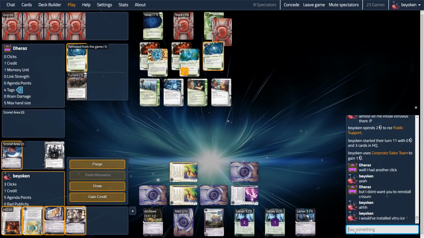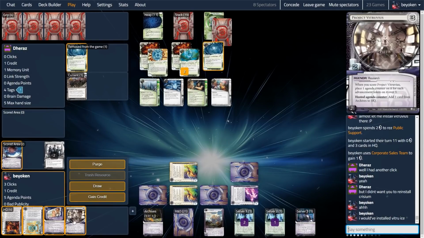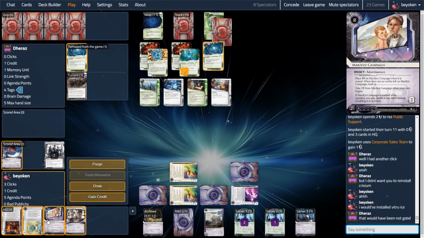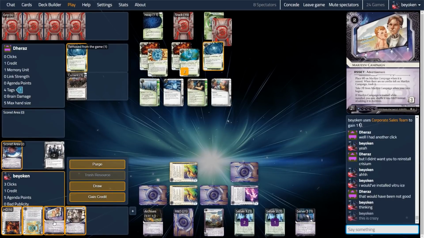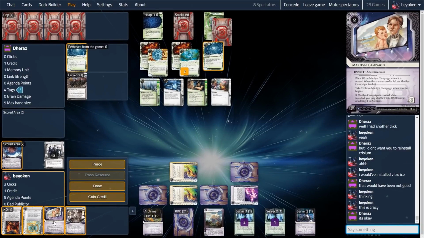All they have to do is hit Magnum Opus a couple of times and run it. So I need to stop them from doing that, and to do so I need to put some ice on that remote. I only have Fetch Out 3 and Ravana in my hand, and Fetch Out 3 is way out of my reach right now. It's too expensive, so it has to be the Ravana that goes on that remote. At least force my opponent to pay a couple of clicks or credits to get through,